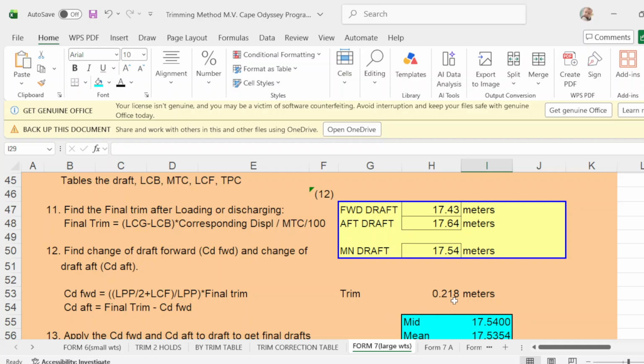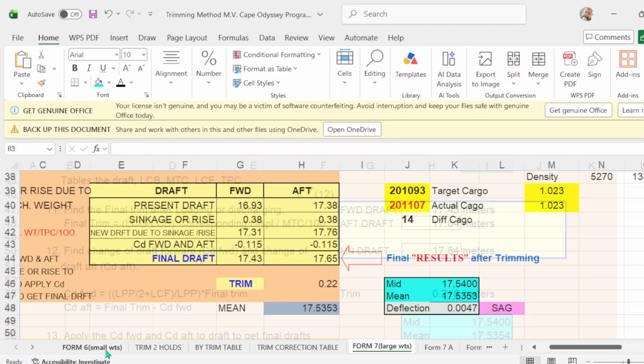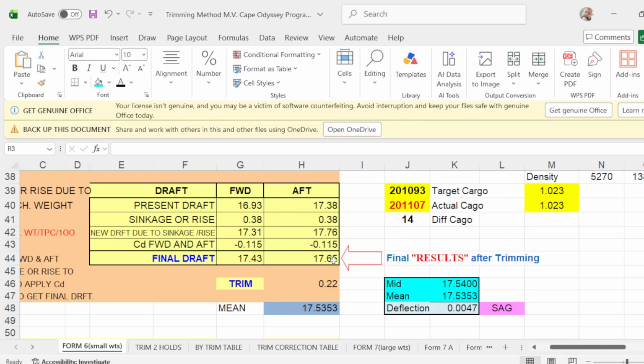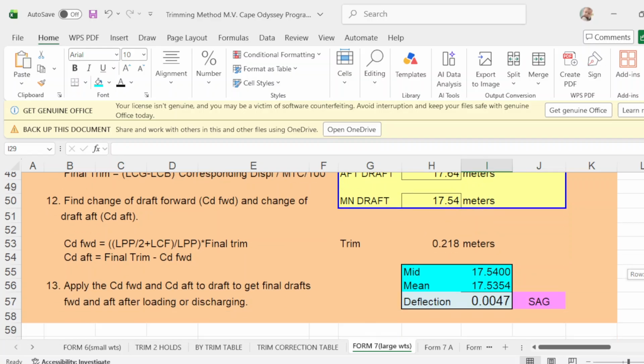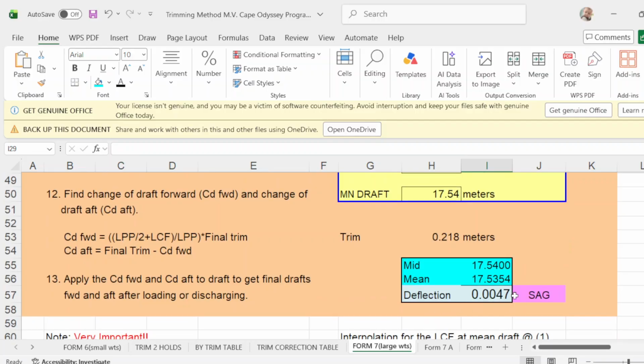Your trim is 22 centimeters. If you run on top, that will be 22, which is the same here. This is 17.65. This is 17.64, but almost 65. But what is important here is this mean draft of 17.54. And your deflection is 0. Okay?